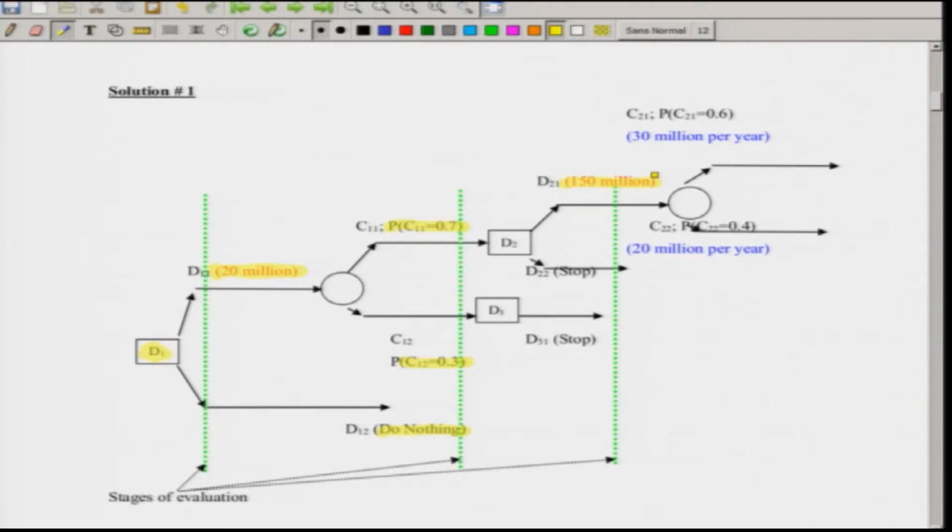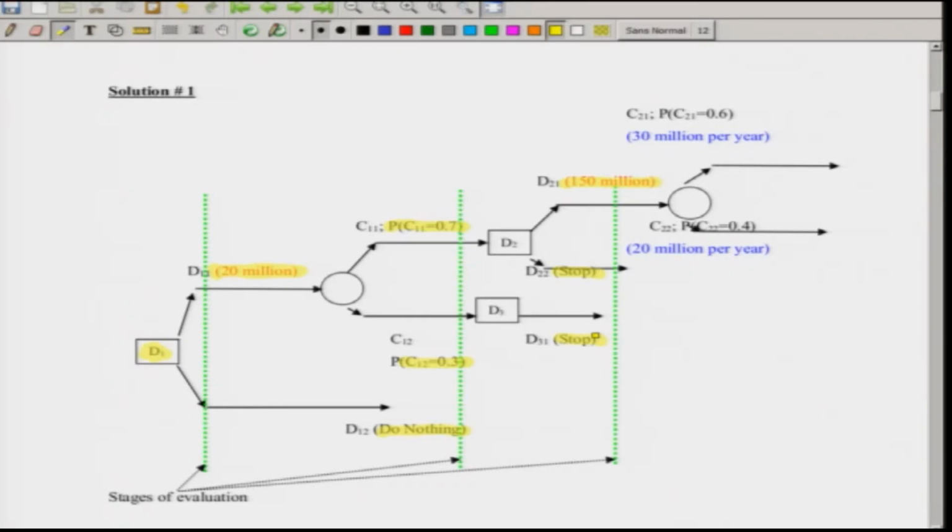but I do nothing, that means I just waste that money and do not continue the business, because it may be possible that if I continue to do production, in the long run the overall value for continuing the business may be negative. So, in this case we do nothing, stop. Similarly, in D31 we stop and do nothing. Stop and do nothing are the same thing.